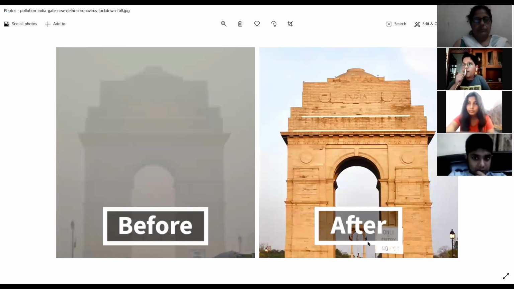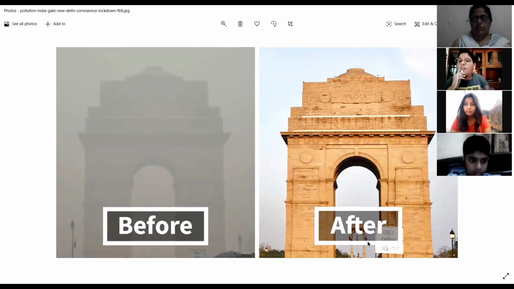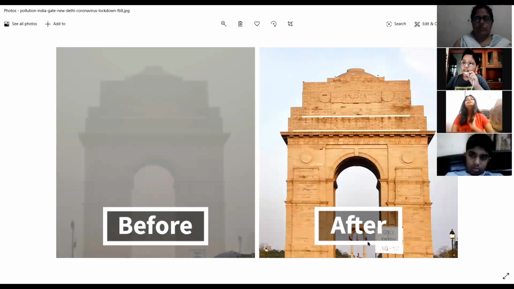Good evening to one and all. Today I, Arav Jain of class 8, am going to describe this picture. This picture shows that in Delhi in 2019 there was a lot of pollution. Due to pollution there was a lot of fog in Delhi, and people are advised to wear a mask. It is so hazardous for all of us that pollution has been eating the mother earth for many years. Since the invention of cars and automobiles, the pollution rate has increased.